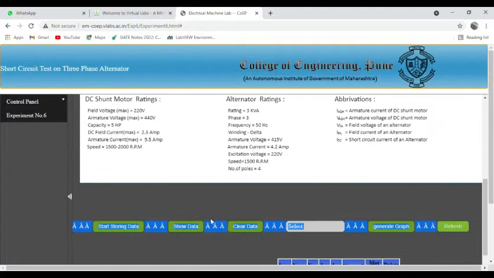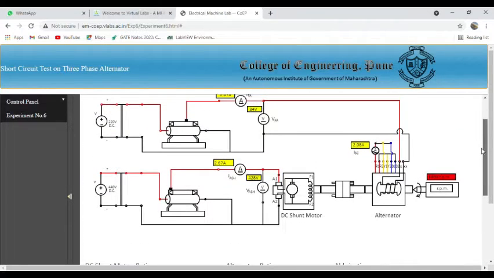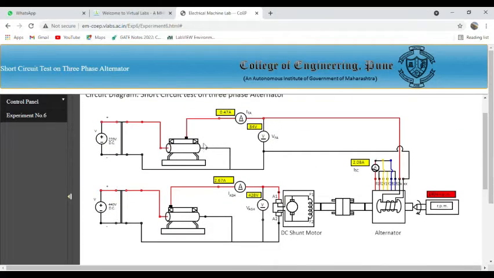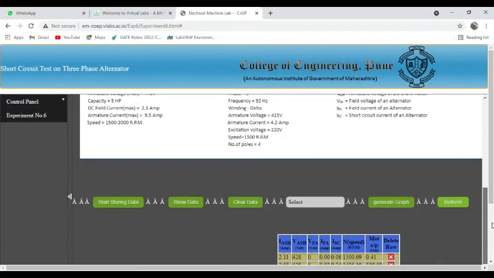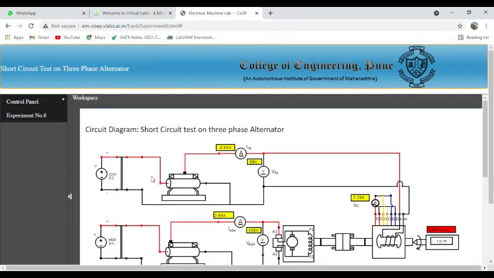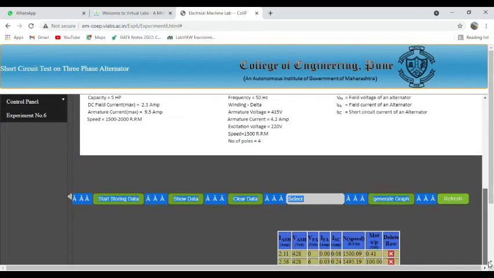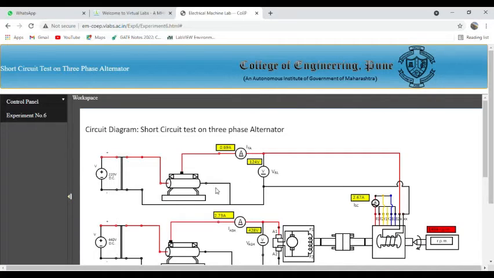When the alternator delivering full rated output voltage is suddenly subjected to short circuit, a very large current will initially flow. However, these large short circuit currents drop off rapidly to safe values if the short circuit is maintained. The output voltage of an alternator depends essentially upon the total flux in the air gap. At no load, this flux is established and determined exclusively by the DC field excitation.